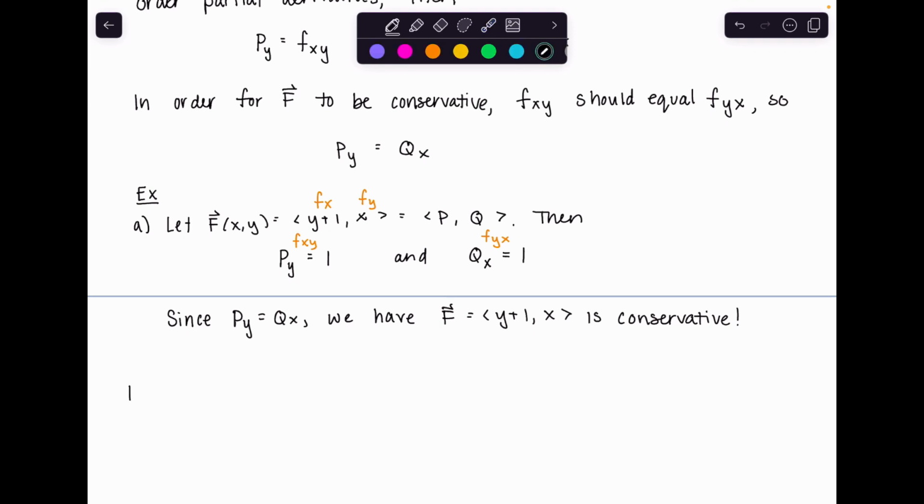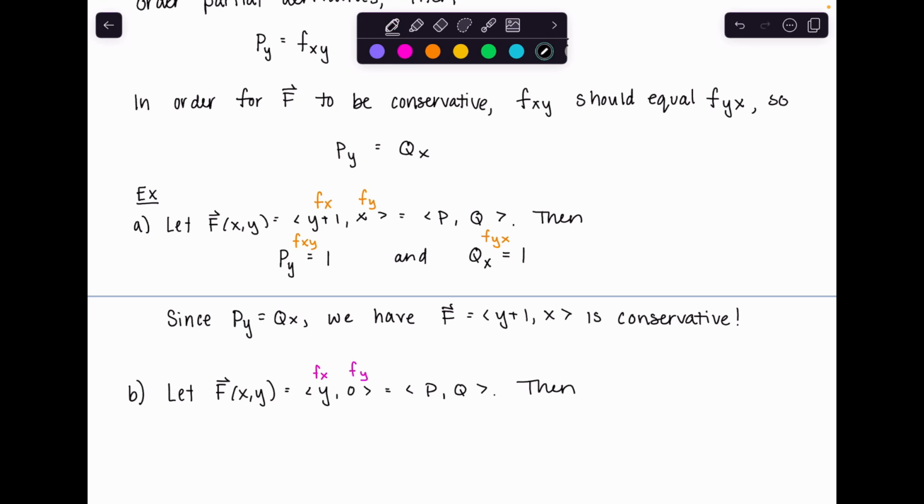But if we do the same thing for the second vector field, again, what I hope is this is the partial with respect to x, and this is the partial with respect